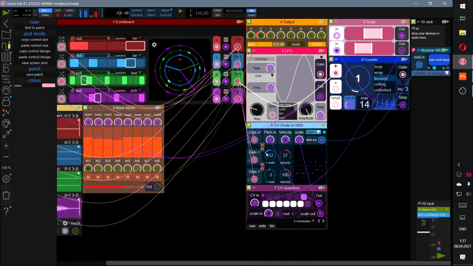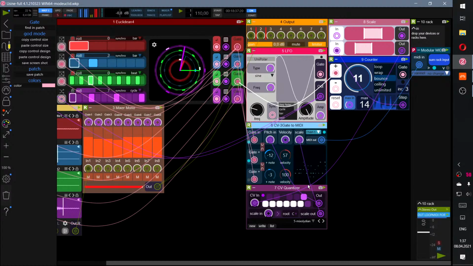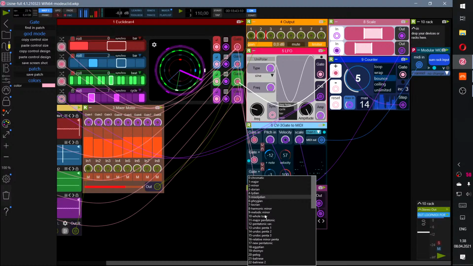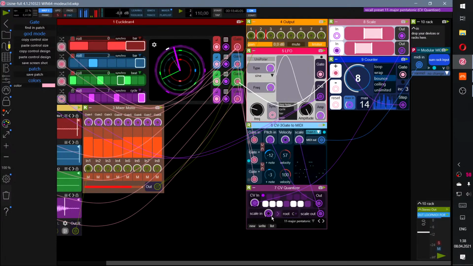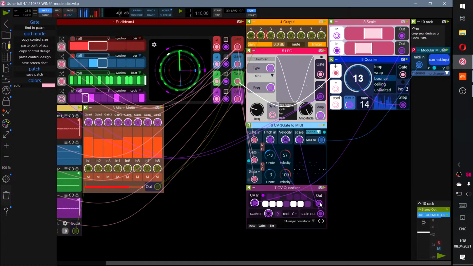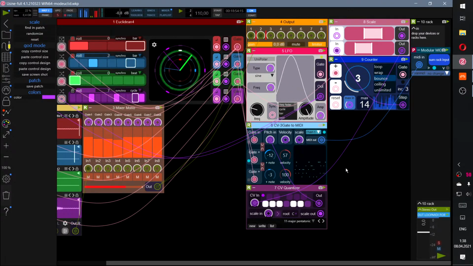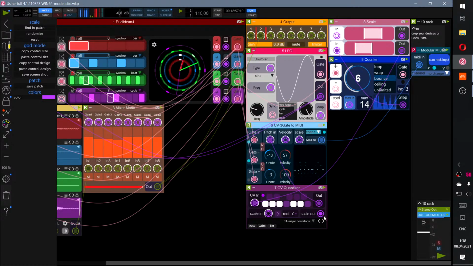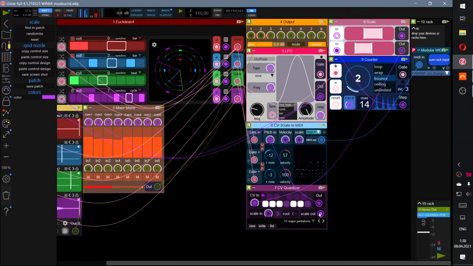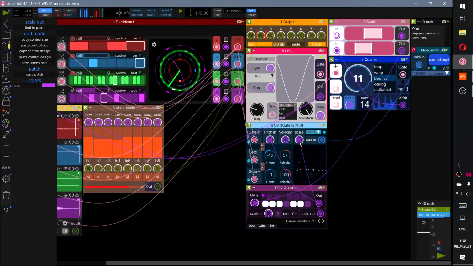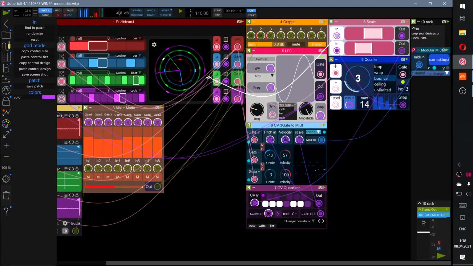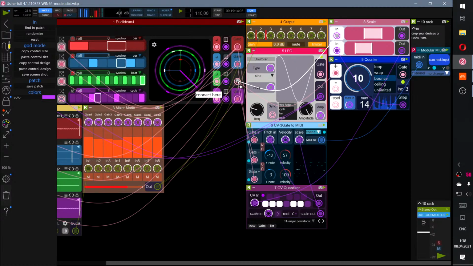Kinda odd that it stays on the same notes kinda. Maybe I should try to change scale or something. Almost like it doesn't listen to this scale. Well, it does, seems like. Alright, I should probably also use